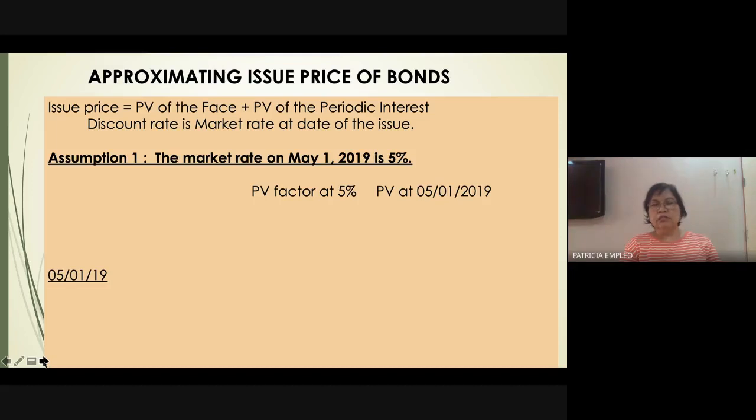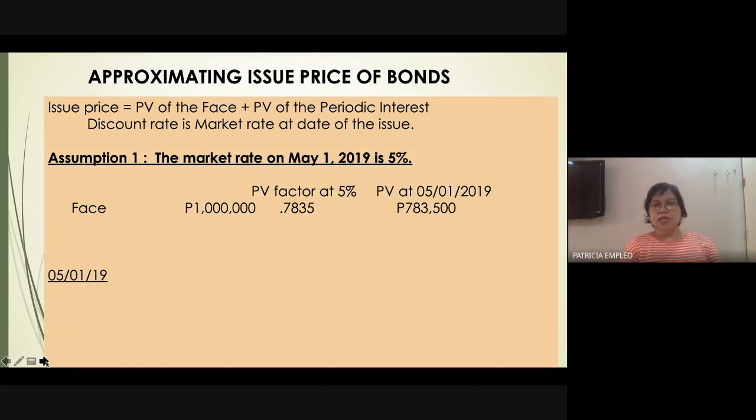such that 5% is the market rate, so we will be using that as the discount rate to compute for the present value. We will be determining the present value amount on the date of the issue, which is on May 1, 2019. The face value is 1 million. Therefore, on maturity date, we will be paying in lump sum 1 million. 1 million is to be paid after 5 years, and therefore we will be using the present value factor in table 2, present value of a single amount, which is 0.7835, rounding off to 4 decimal places. Therefore, the present value of the principal on May 1, 2019 is